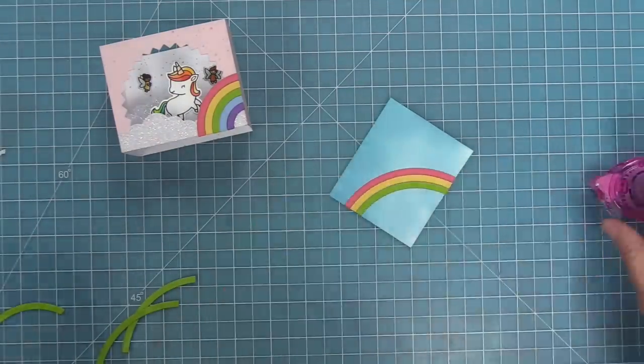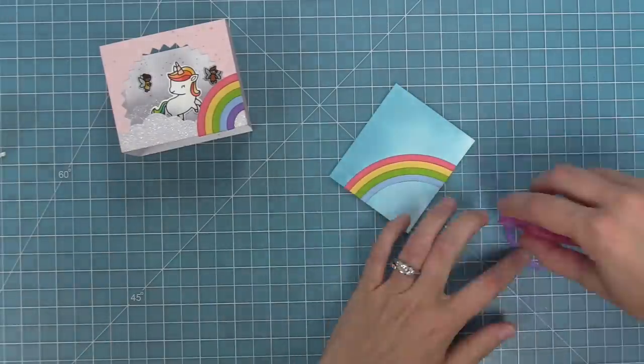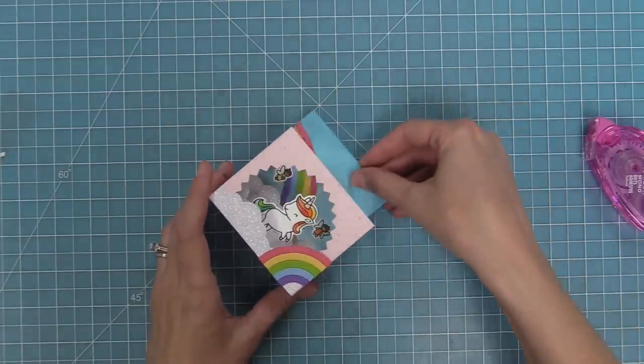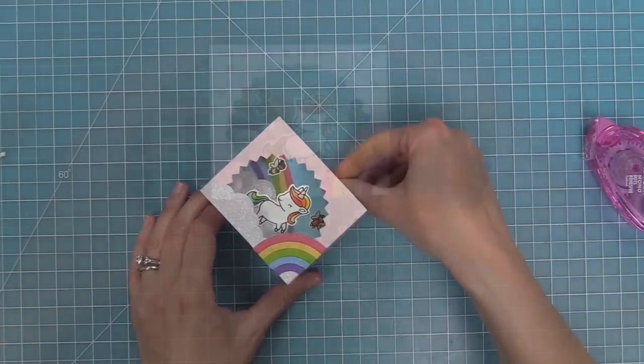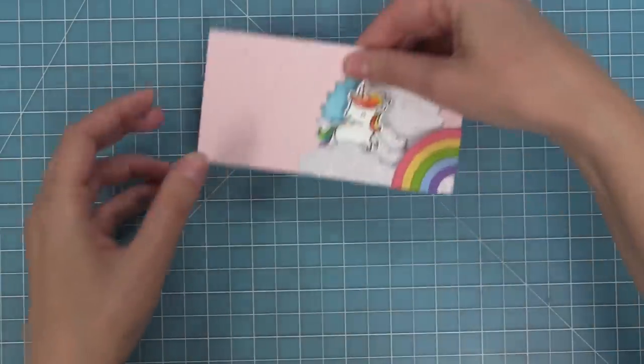You just want to kind of attach it to the left side and then the bottom, and then from there you can just fill in all your pieces like a little puzzle. So now we're going to take that whole sky piece and layer that in the background, and you can see how cool it looks. It almost looks like the two rainbows are overlapping and having that beautiful blue in the